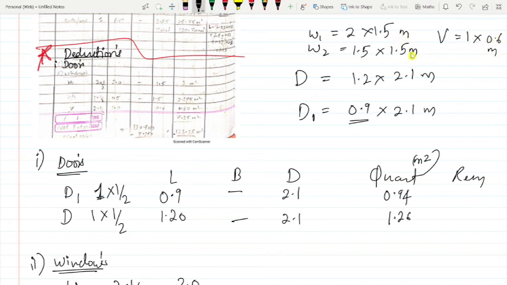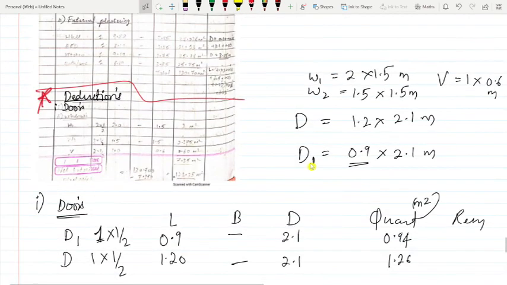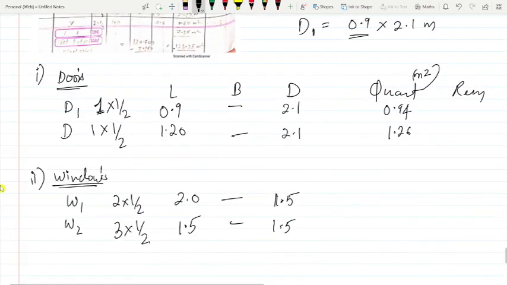Again, there is no breadth. Window height will be less than the door, so 1.5 meter and 1.5 meter. So what quantity do you get here? It is 3 meter square, and you have 3.375 meter square. Got it?